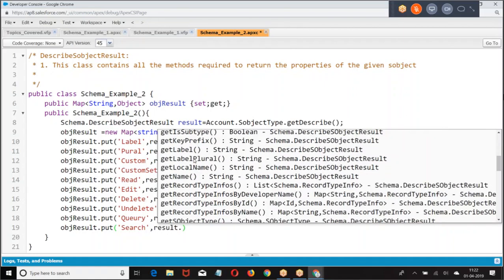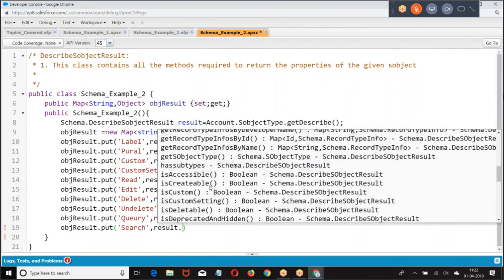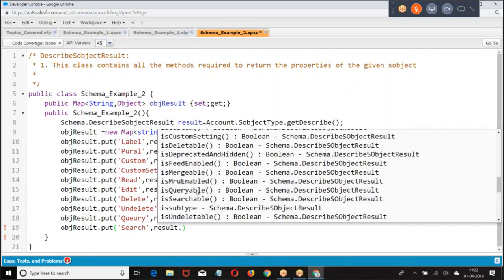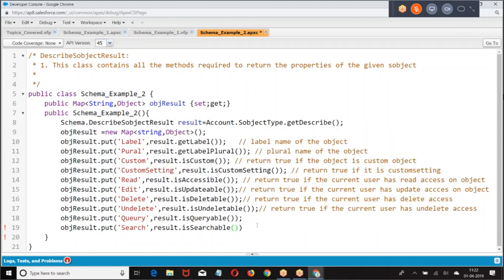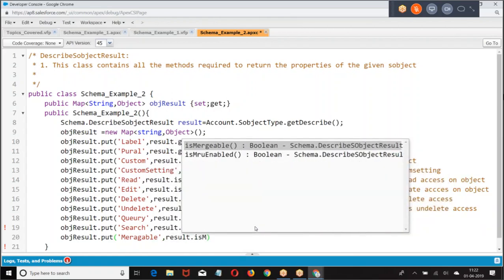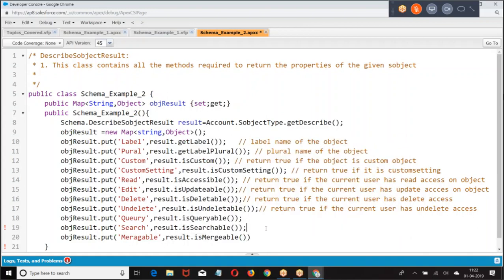Then I am going to get queryable, right? Queryable I have done, searchable. Mergeable, is most recently enabled.